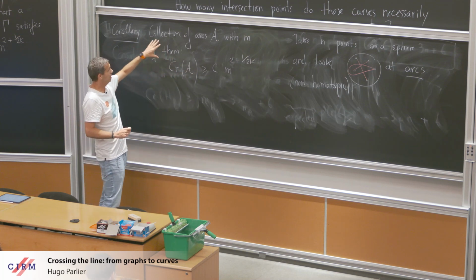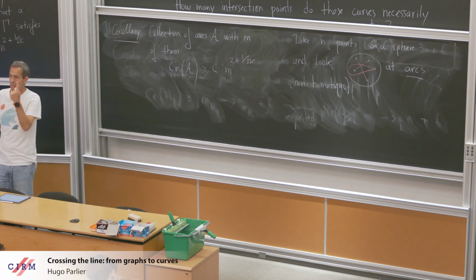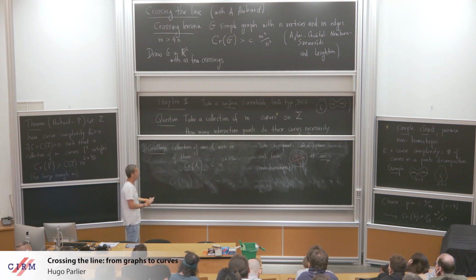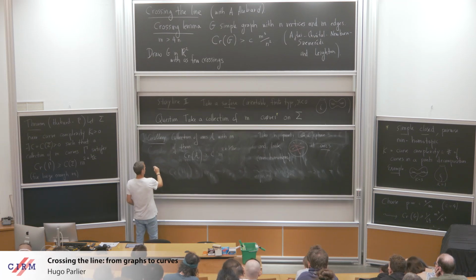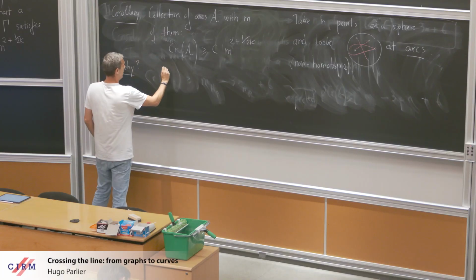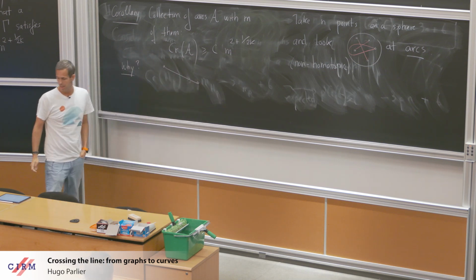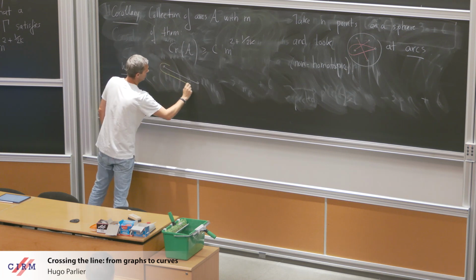But the condition on the underlying surface is not that it's a punctured sphere, it's just that there is at least one puncture. Right? You need one marked point for this to work. This is all you need. And why do you get this from this? Well, the short answer is that if I look at an arc that goes from here to here, I can get a curve from that arc just by replacing it by something that looks like this.